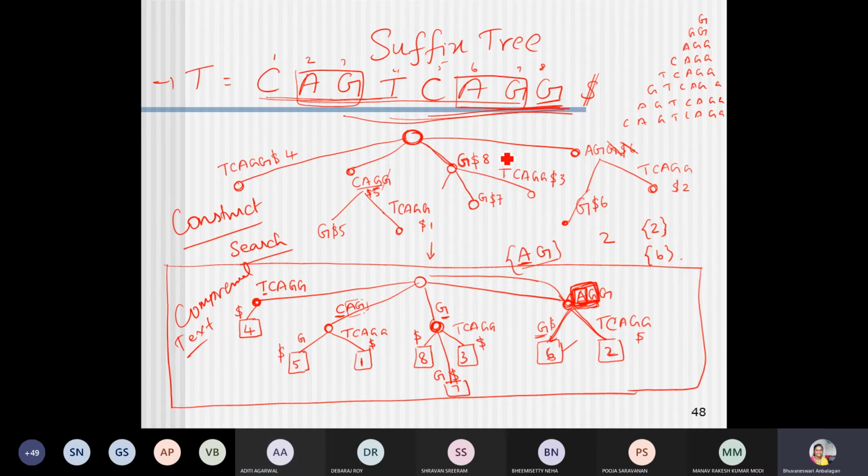Okay, so this is for AG, and initially here, obviously it will find it in the same node itself. That's not a problem. So in this particular node also we have AG. So obviously the result will be 2 and 6. In these positions, 2 and 6, we can find the AG pattern. Initially it will check for the substring of the pattern, which is the initial match. That is the partial result, and the final result is AG, available in positions 2 and 6.